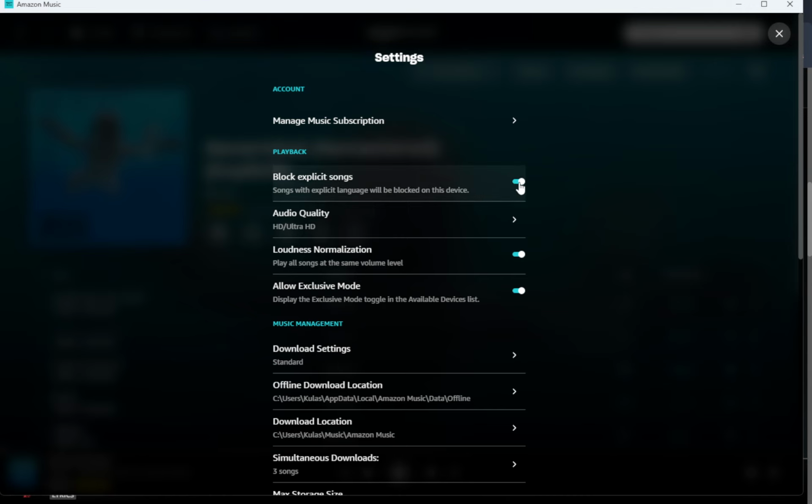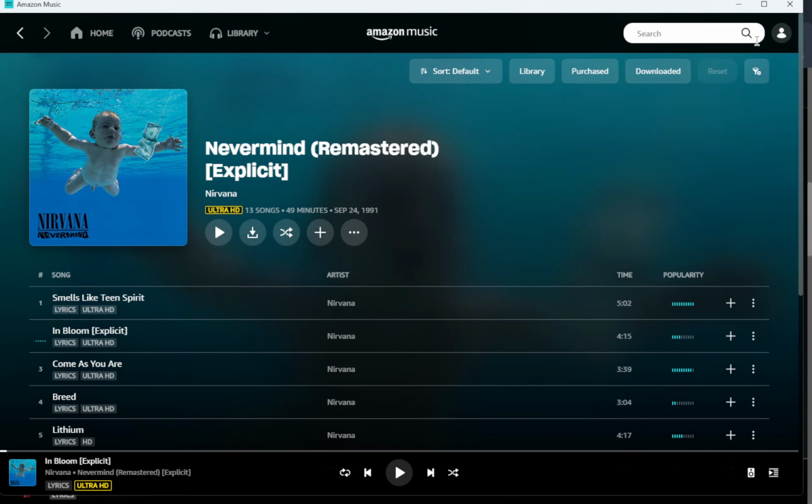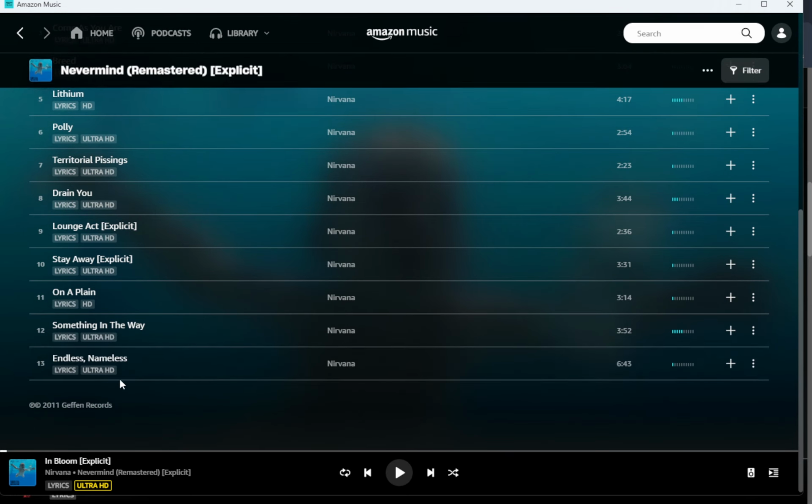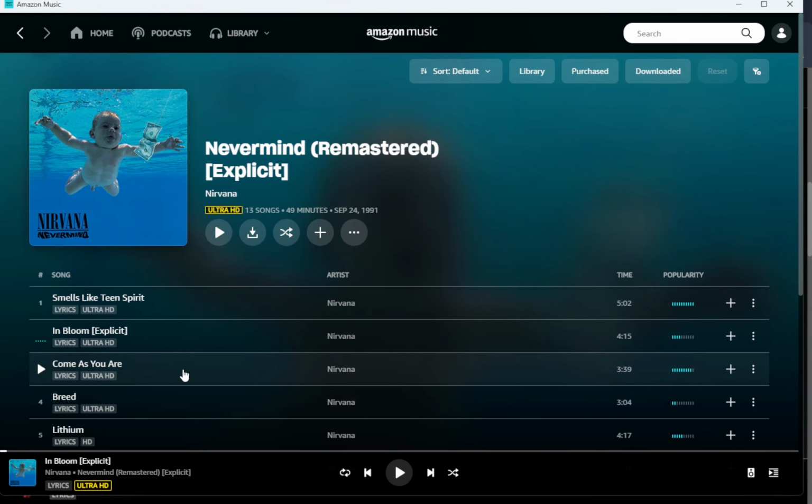After switching it off, you can return to your music and try a track that's clearly labeled explicit to confirm the change took effect. One helpful thing to know is that this preference generally syncs across devices that use the same Amazon account. So if you listen on a desktop at work and a speaker or phone at home, your playback experience should be consistent without adjusting the setting in multiple places. Give it a moment to sync if it doesn't seem immediate.